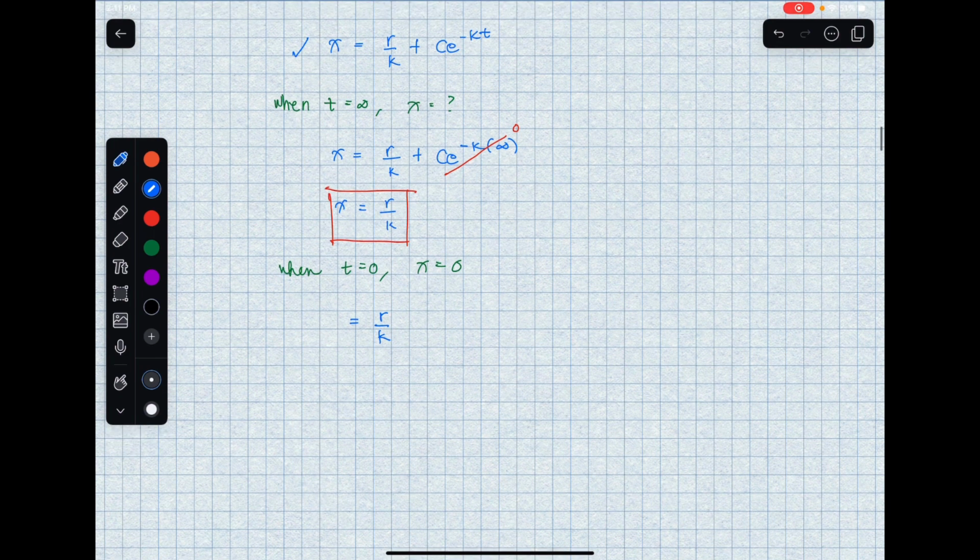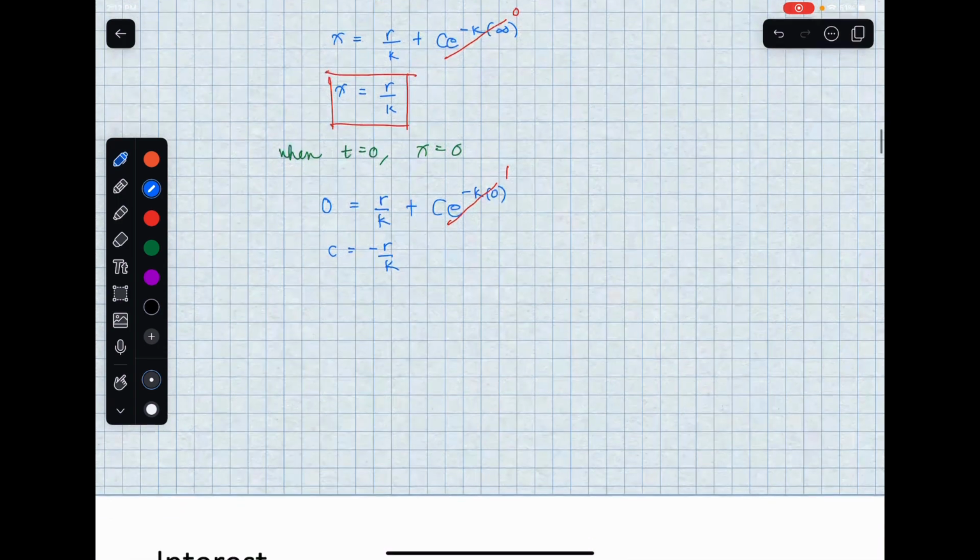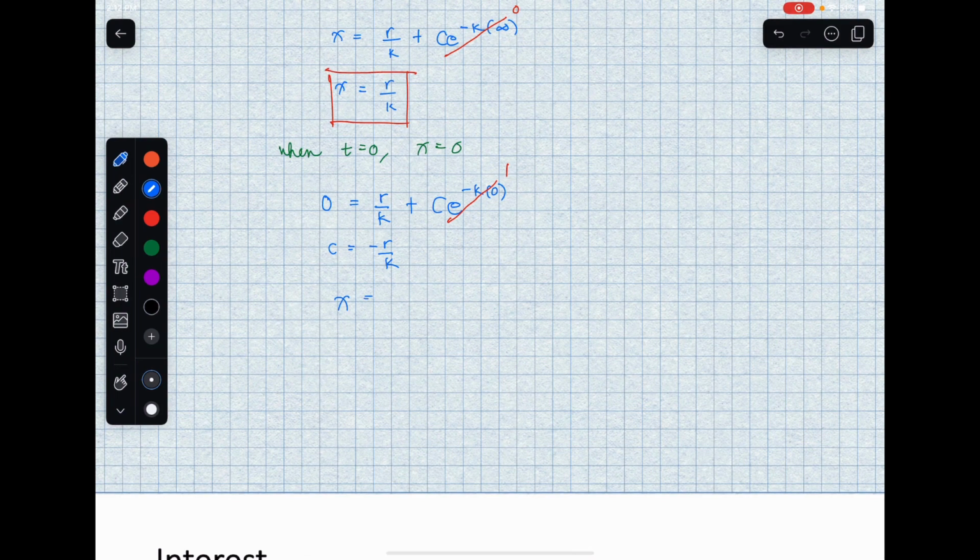X is 0, so we substitute. So r over k plus c e raised to negative k times 0. So this one becomes e raised to 0, which is 1. So therefore, c is negative r over k. So our function then will be x equals r over k minus r over k e